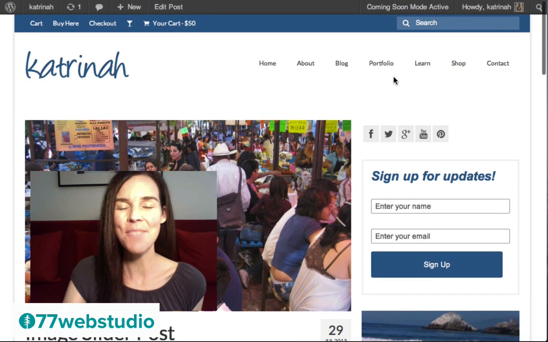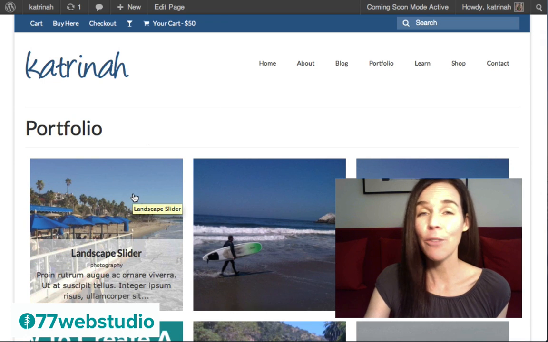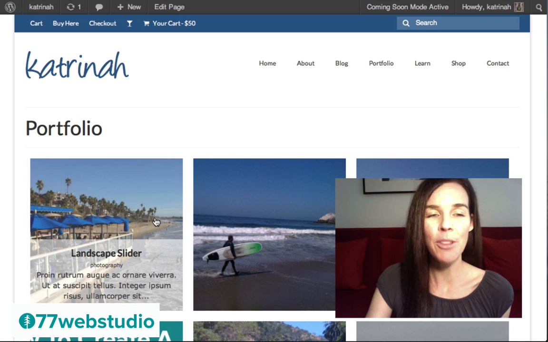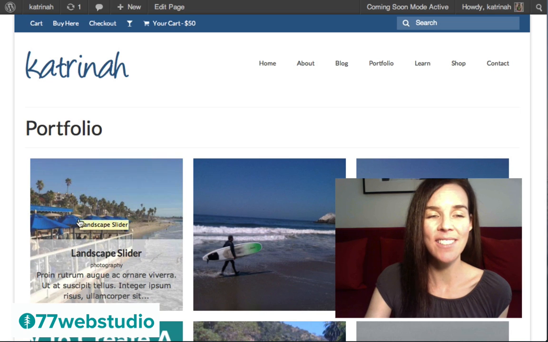Okay, so the next part of the website we'll be adding is the portfolio section, and here you can feature any kind of work within your portfolio, or photos, or even perhaps different products within your store. So here, for example, there's lots of different styles that this portfolio comes with in terms of the actual portfolio item pages. So looking at some of them, starting with this one, I'm going to click on the landscape slider.